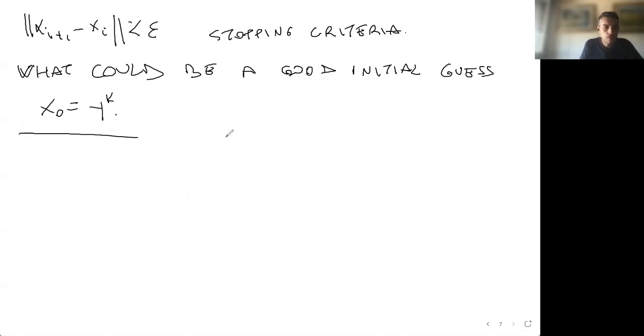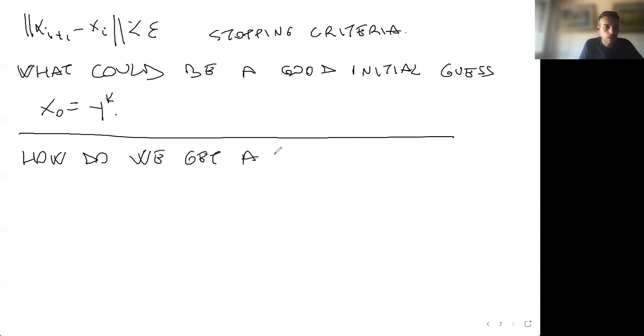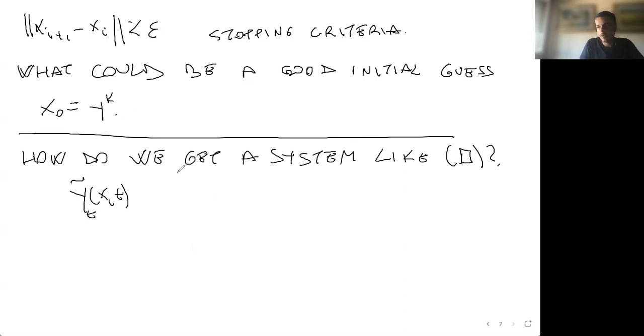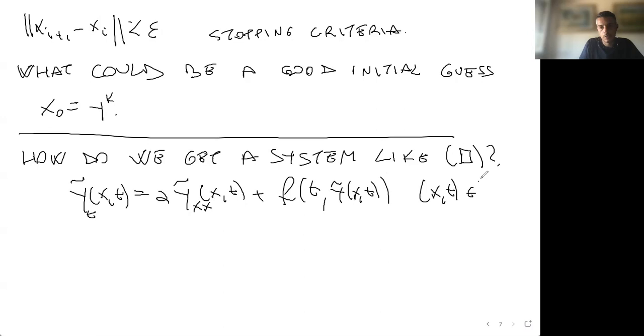Okay, the question now is how do we get a system like square? For instance, if we have a problem, something like y tilde t x of t, so that means that this is the time derivative equals some coefficient y tilde xx plus some nonlinear term, so f of t y tilde xt with x in (a,b) times (0,T). Then I also have y(x,0) equal some initial function, and then we also have some boundary condition